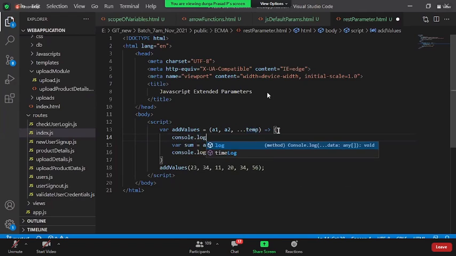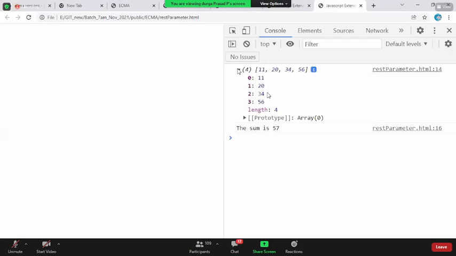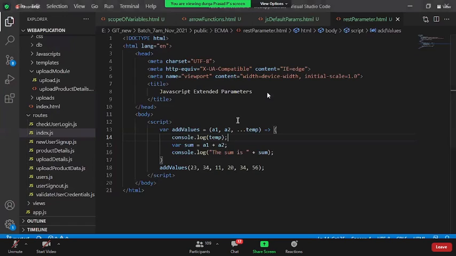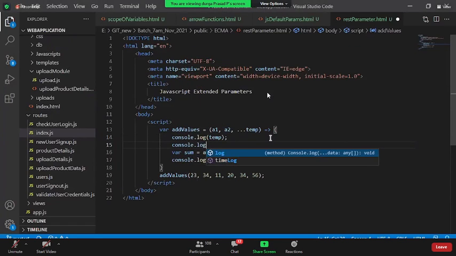Now I say console.log temp. Let's have a look over here. Once I reload this page, is my temp holding all the remaining parameters which were not captured by the particular function? Yes. This is it. Now, if you say arguments, console.log